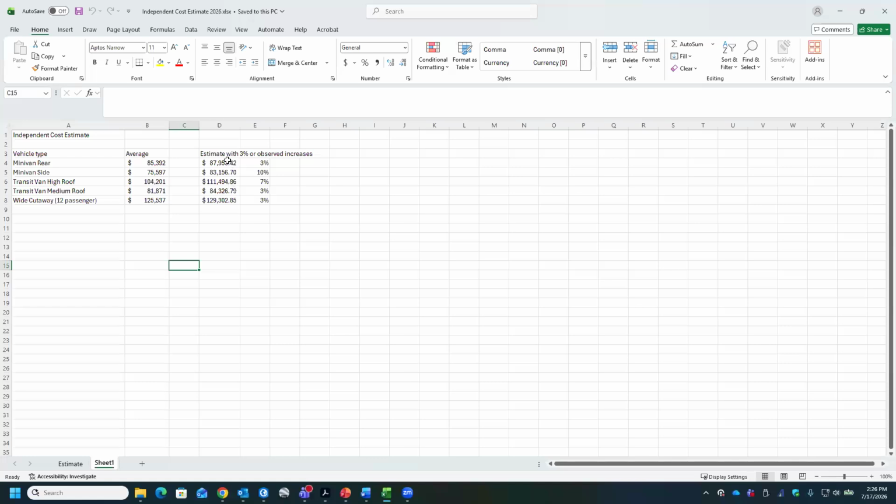As I said, these are my estimates as far as the vehicle types. These are the most common ones: a minivan with a rear entrance, one with a side entrance, and then we have those transit vans. I think that's one the Ozark Senior Centers pushed last time. There's a high roof one, which sometimes increases a little bit more, and then they have the medium roof, which is a little cheaper, and then the white cutaway is basically